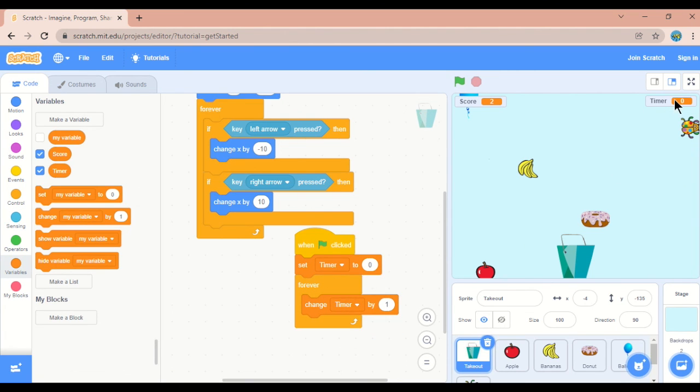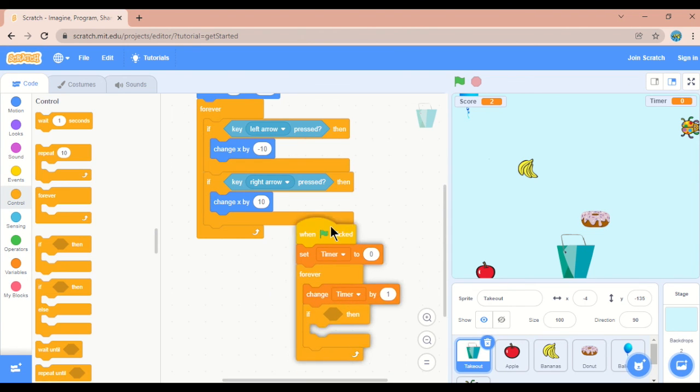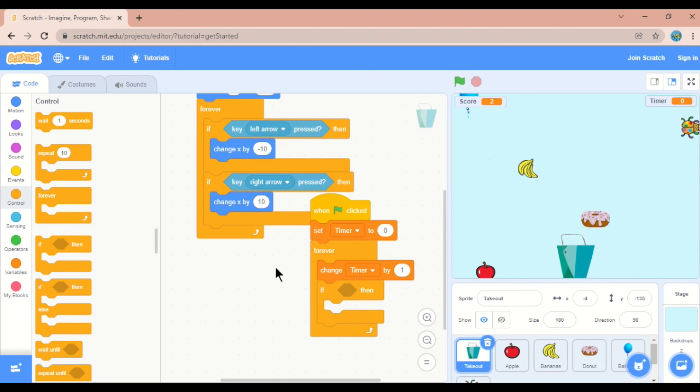Then if timer equals a particular value, suppose I choose 100, then stop all these activities. So we can go to the control block and choose the condition if then. If timer equal to 100.